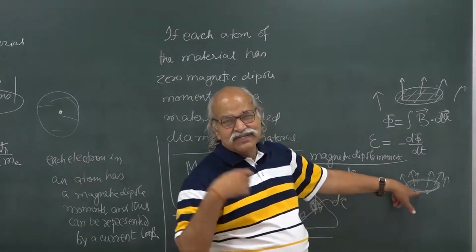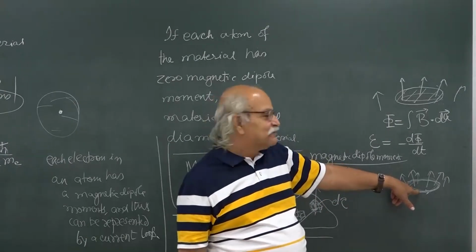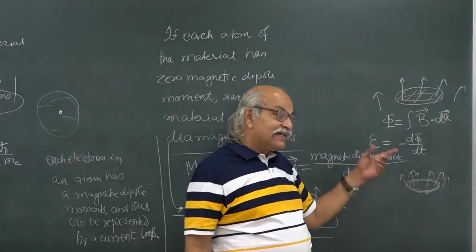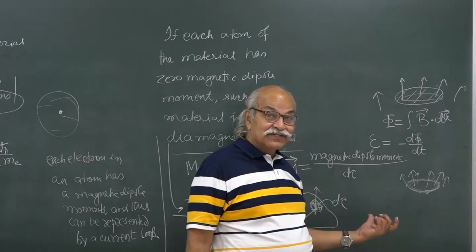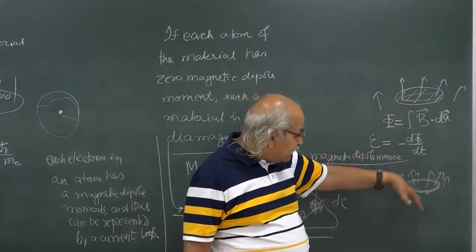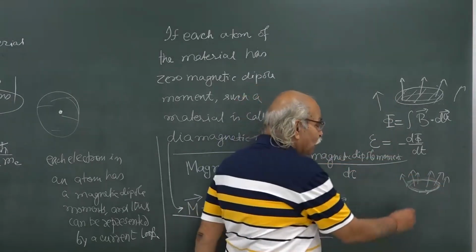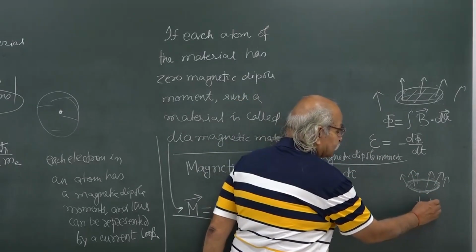Whatever its motion was there and the current was there, the magnetic dipole moment was there, but because of this EMF, an extra current will be induced, and then you can see that this extra current should produce its own magnetic field in the opposite direction,